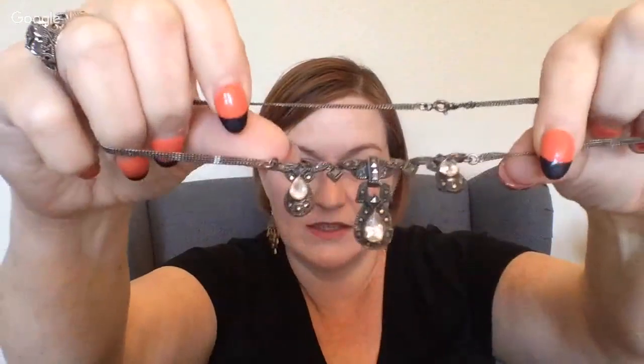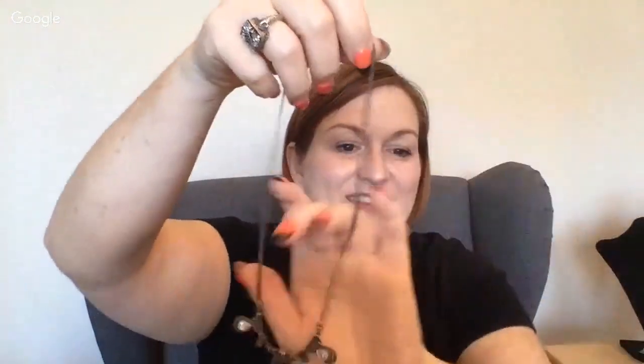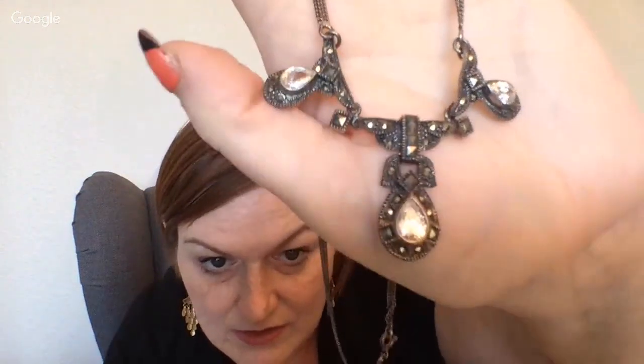Okay, then the next one I couldn't believe was $5. So, sterling silver necklace and earrings, $5. Dan says 45. Okay, they're really pretty, but they are very tarnished. So here's the necklace, and it looks like this. Look, it looks better if I just put it on my head, right? It is sterling silver, super tarnished. This is one that I'd be tempted to clean up a bit. See, there's the back where you can see the...